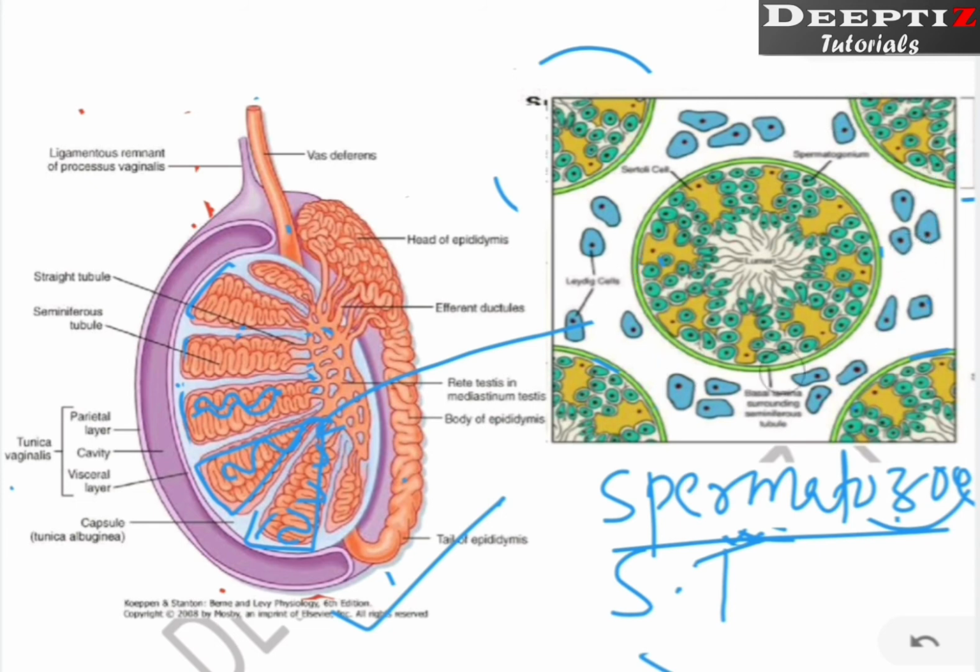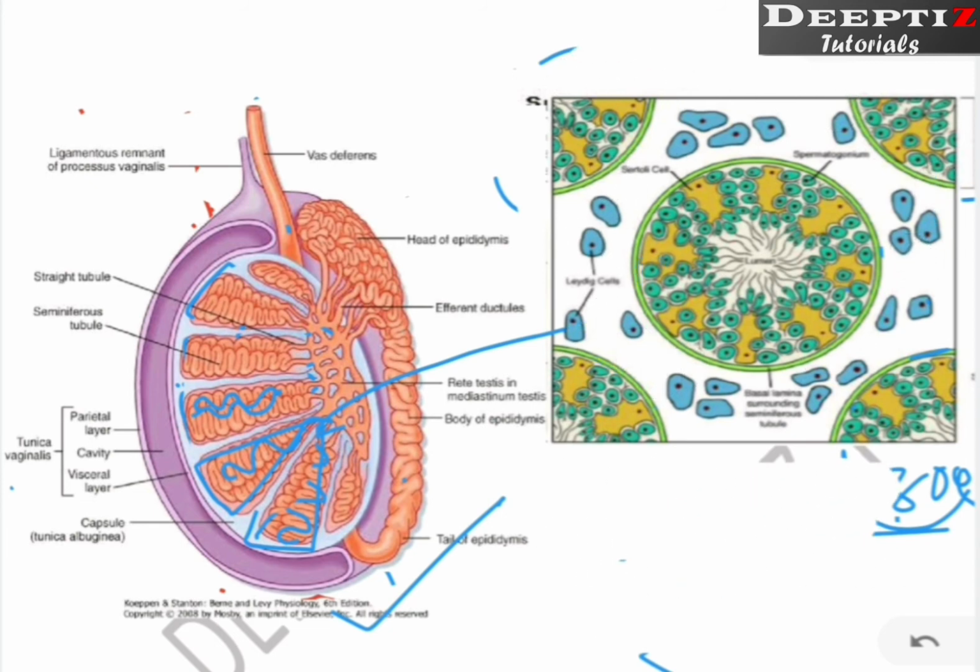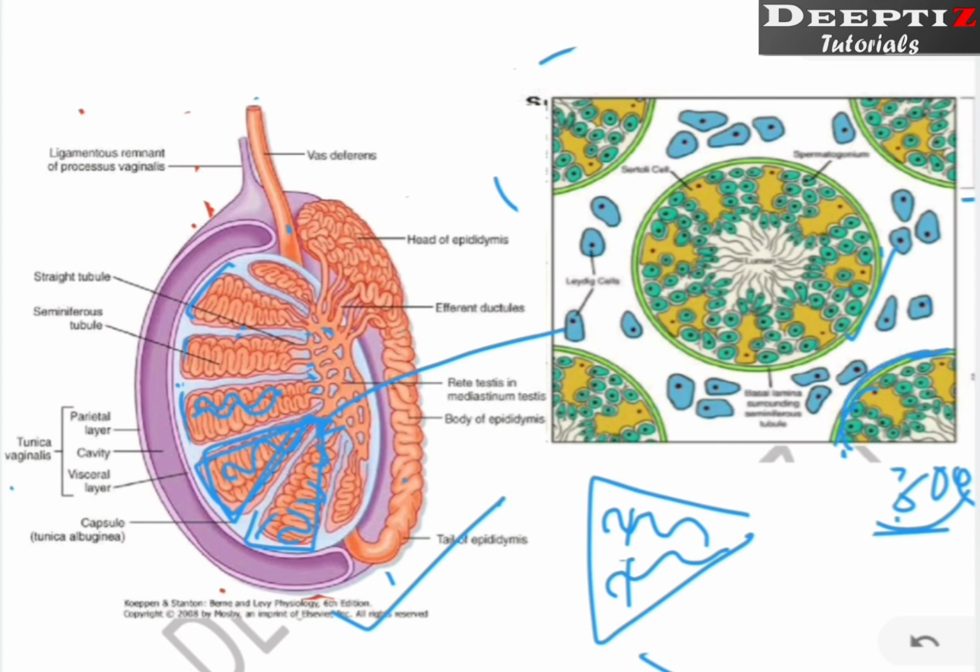Now, there is a space outside a single tubule. So when I have made this diagram, like see one tube, when I am making like this, these types of seminiferous tubules are there, right? When we cut this seminiferous tubule, we get this diagram. One more, if it is cut, then this will become complete. So we have taken up one portion only from this.